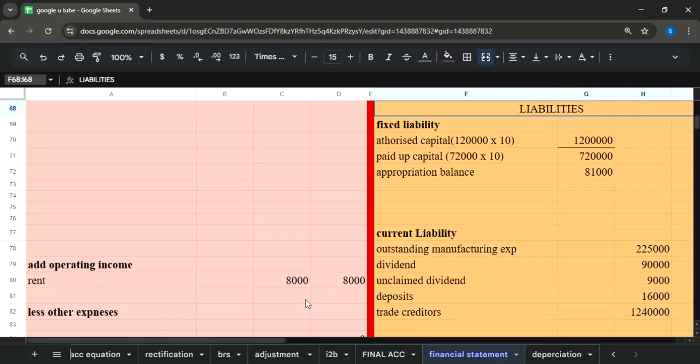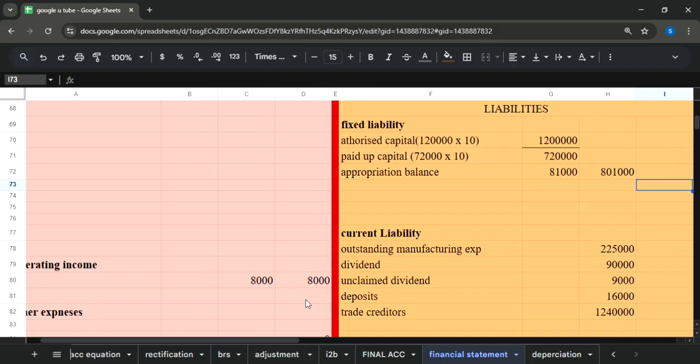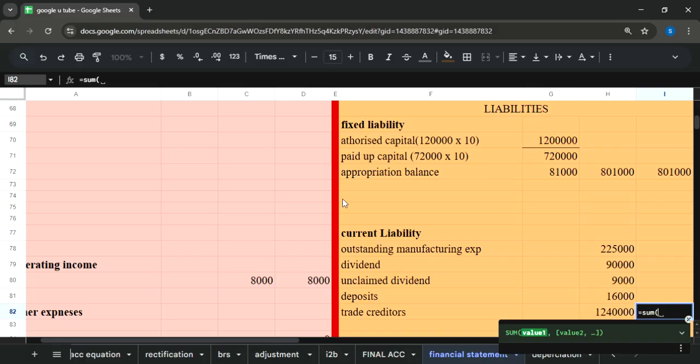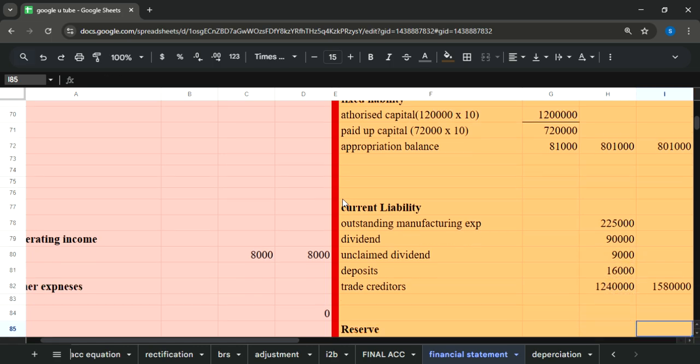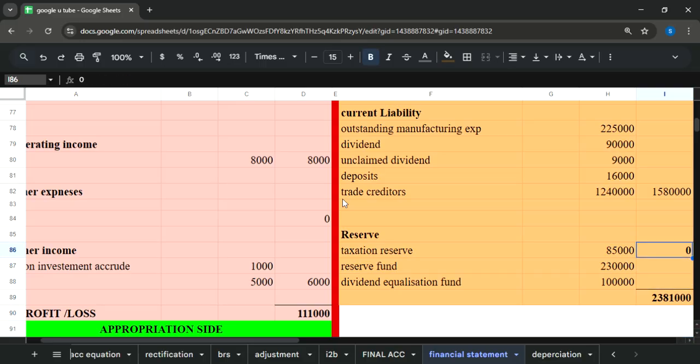After transferring it, we are now ready to start our calculations regarding fixed liability, capital plus appropriation balance. Fixed liability total is completed. No other fixed liability is present, so this amount would be mentioned outside. Now we will calculate the sum of current liabilities. We have got the sum. After which we will see the total of the reserve side. Again we need to take